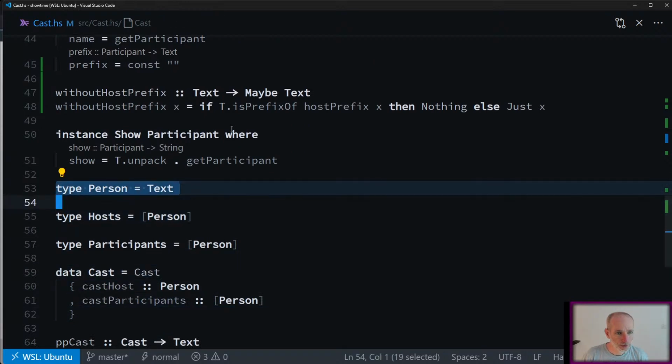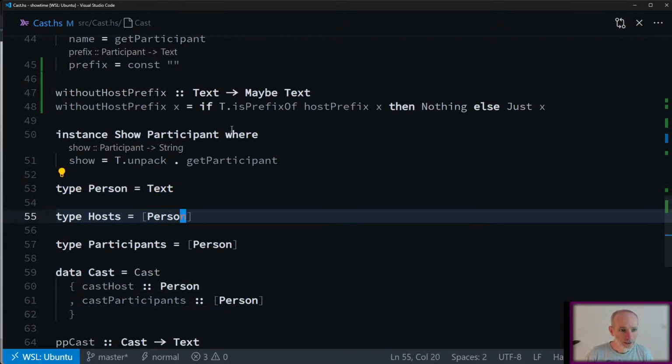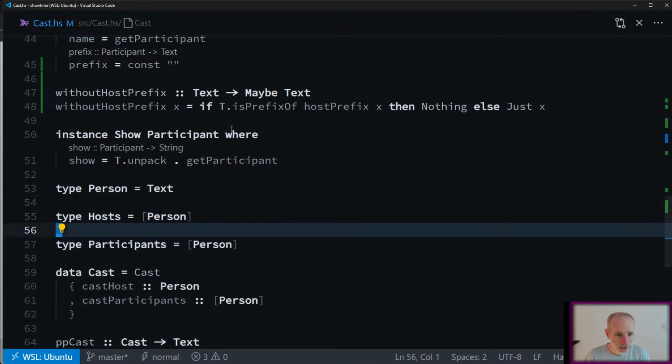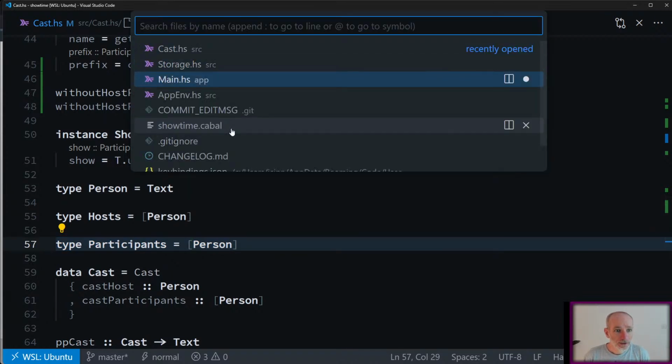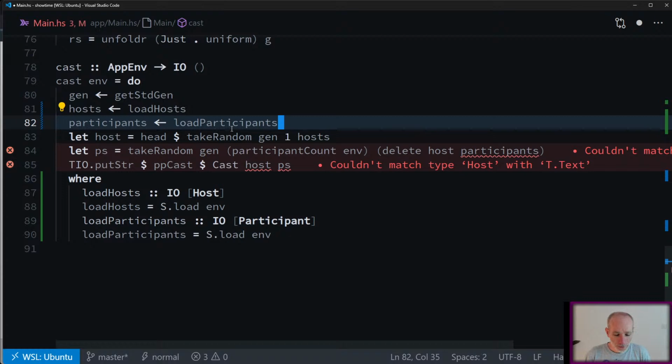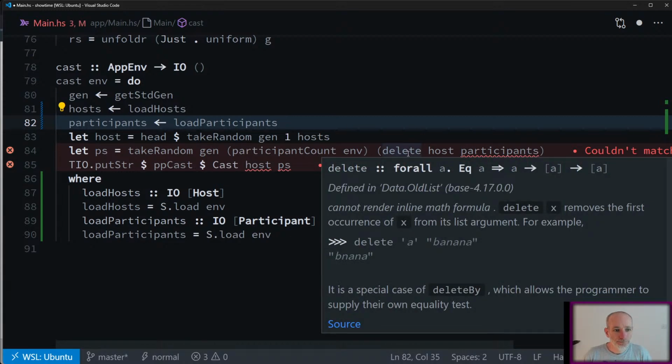Yeah, person, which is just a type list for text. So I'd previously defined host as being a list of text, essentially, and participants as being a list of text again. So the old load used to return a pair of lists of essentially text, because the type lists will be removed. So we'll end up with two lists of text, one representing host, one representing participants, and then we can